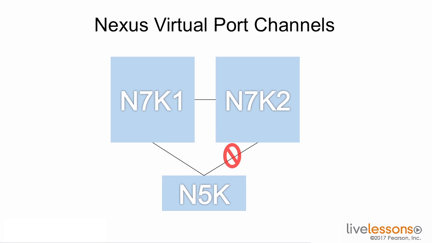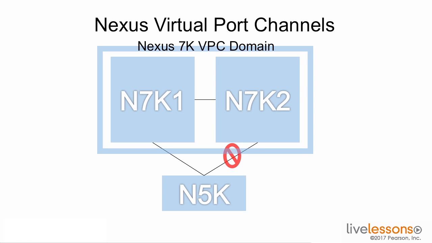What virtual port channels enables me to do is create a virtual instance of a switch, and it makes both of my Nexus 7K1 and 7K2, or 5K1 and 2, look like a single virtual switch. This way, the Nexus 5K below it sees a single switch and can unblock that link because there's no longer a loop. It's connected to the same device instead of two different devices. Virtual port channels is a very useful feature inside of today's data centers, and we'll cover it more in depth in later